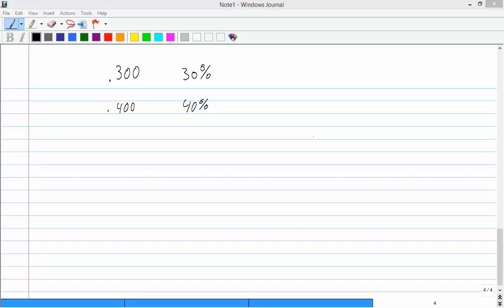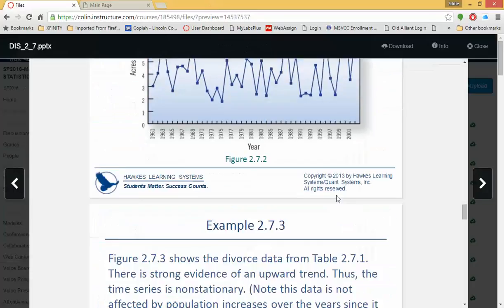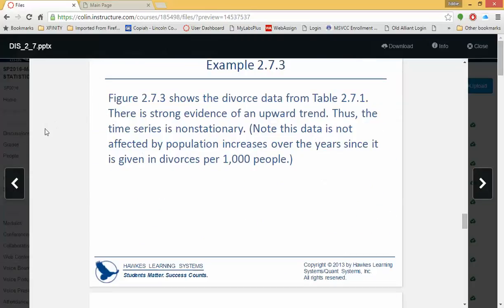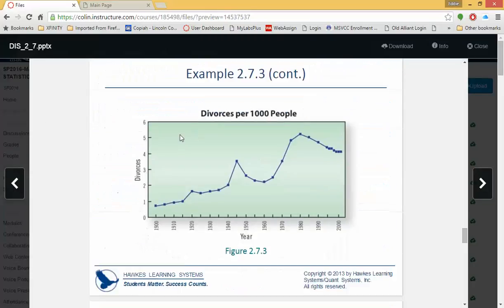All right, an example of a non-stationary process is given in your book as well. Divorce data. It says that divorce data from the tables that are given shows that there is strong evidence of an upward trend. So I wonder why that is. People just getting married to get married, right? You can see here,